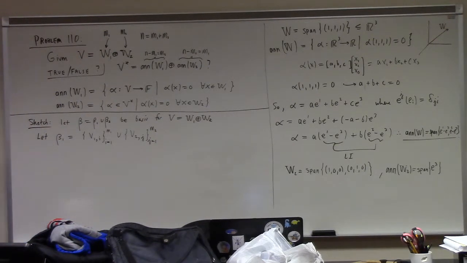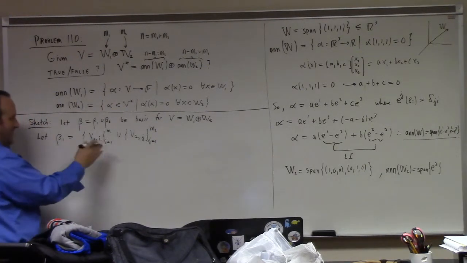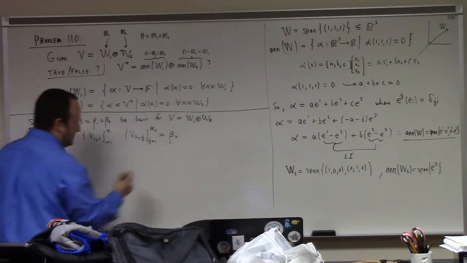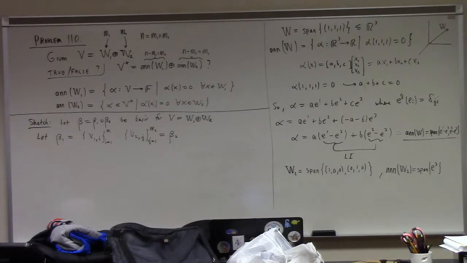Oh, I'm sorry, the first one was beta 1, and the second one I wrote here was beta 2. So I'm saying find a basis for W1, find a basis for W2, and then study how the dual basis behaves, right? So like beta dual